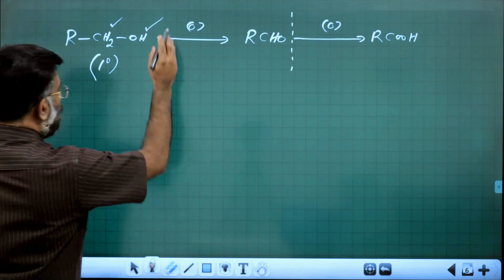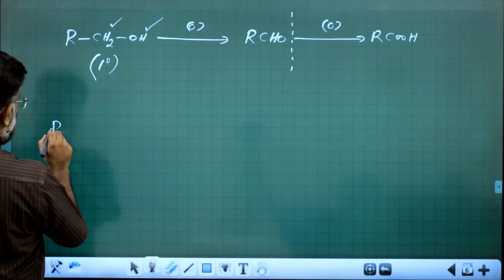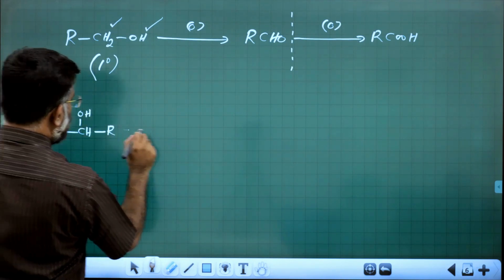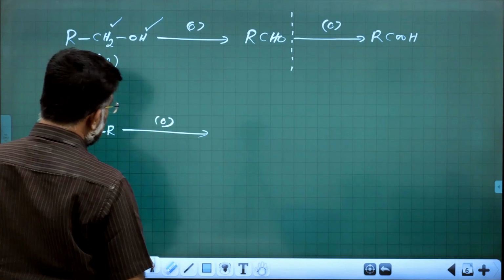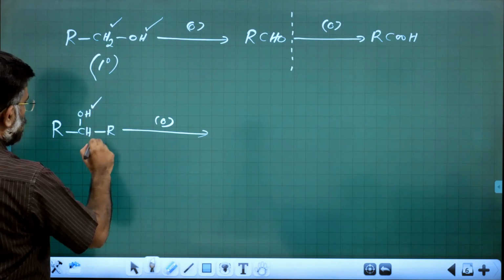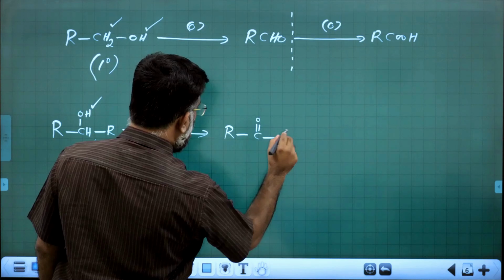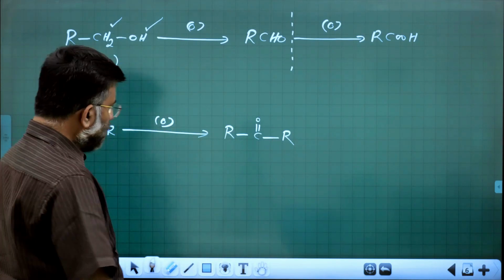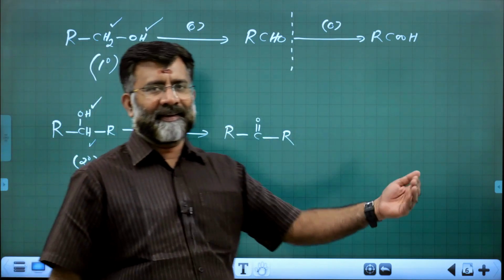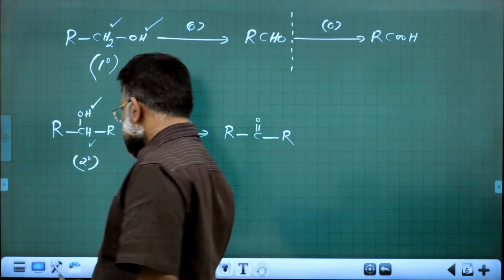Primary alcohol upon oxidation easily gives an aldehyde, while if you take a secondary alcohol, it is not so easy, but still under elevated conditions you can conduct the oxidation. These two hydrogens will come out and you get a ketone. So primary alcohol gives an aldehyde, and secondary alcohol gives a ketone. So that is number 1, right? Number two,